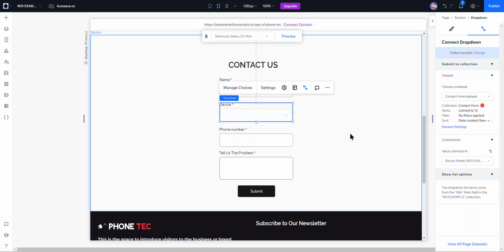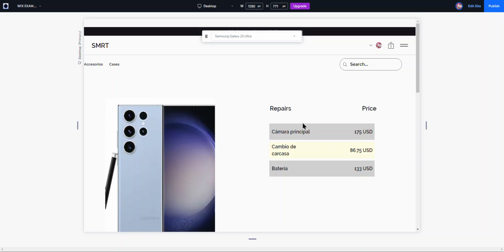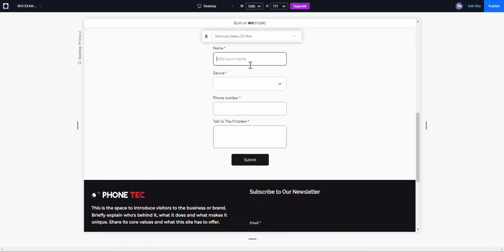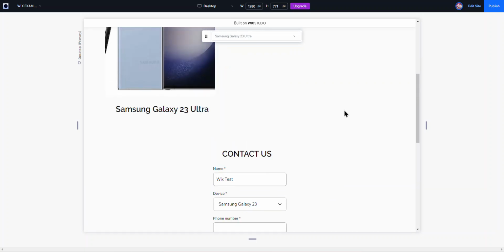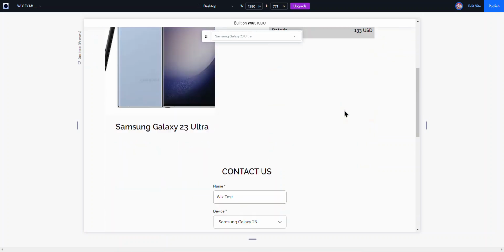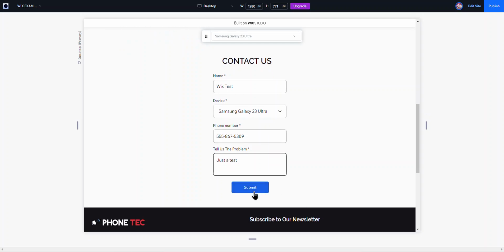Yeah, no problem. It'll be a little simpler than what my two sites are. So just to show you how this will work, we have our page. So I'm going to say, I can't wait for the rest of this. I am on the Samsung, I think it's Galaxy 23 Ultra. Phone number. Okay. No worries. Time for you to go to bed anyways. And then just a test. And oh, I did not connect